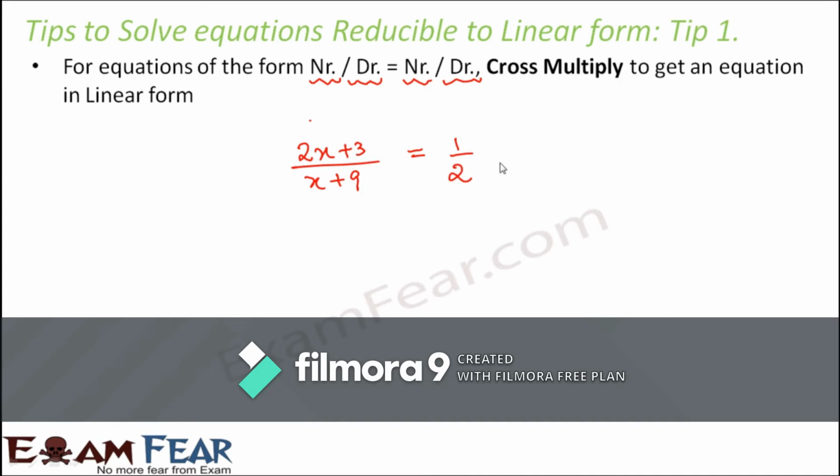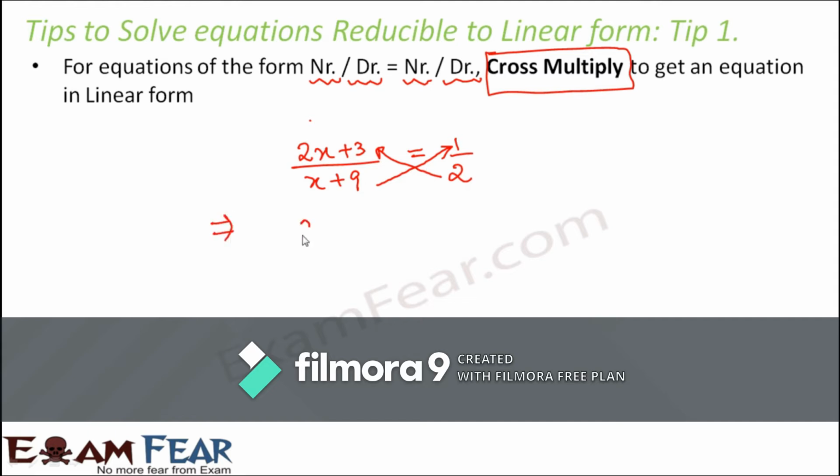So when you have an equation of this form, it doesn't look that simple like the usual linear equation, right? So you feel that you don't know what to do. The only thing that you need to do in this case is your first step should be to cross multiply. Now what do we mean by cross multiply? Cross multiply means you multiply the denominator on the right hand side to the numerator of left hand side. Similarly, you multiply the denominator of left hand side with the numerator on right hand side. So that is called cross multiplication.